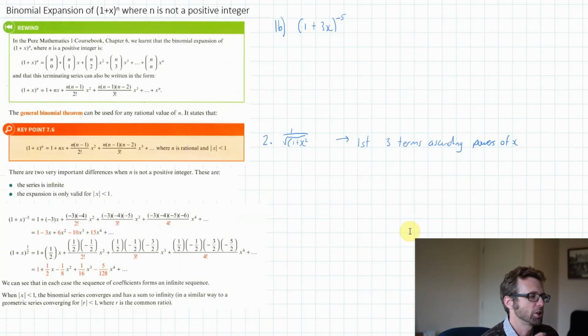Welcome team, we're going to talk about binomial expansion of 1 plus x to the power of n, where n is not a positive integer. In the past, in Pure Maths 1, we looked at binomial expansion when we had something like 1 plus x to the power of 2, or 3, or 4, 5, 6, 7, 8, and so on, and we learnt